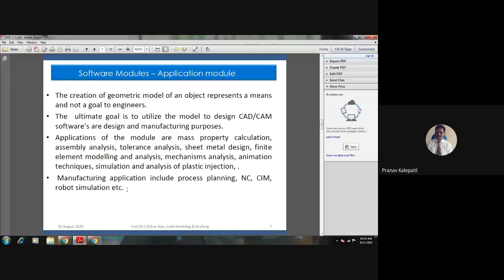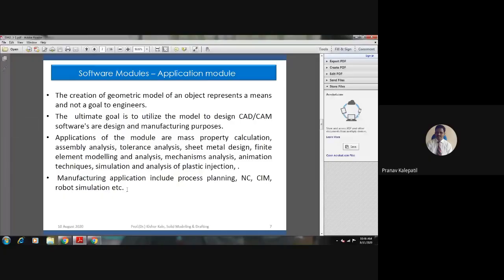The ultimate goal is to utilize the model in CAD/CAM software, for design and manufacturing purposes. That means the model should be used either for the design purpose, the manufacturing purpose, or the inspection purpose, or for other purposes. So many applications would be there. That is the application module.